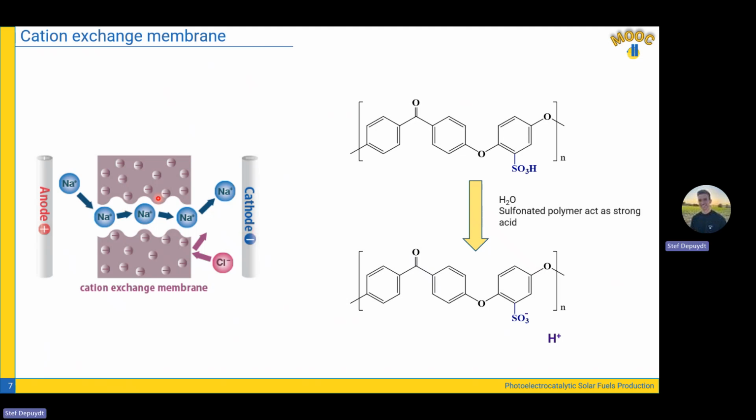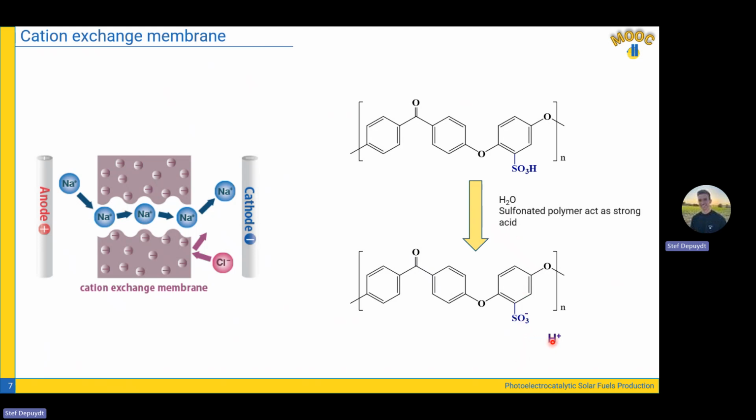Now, I told you before that such a cation exchange membrane has fixed negatively charged regions. These regions are very often sulfonic acid groups in a polymer, because most membranes are made out of polymer. What happens? We have here, for example, a polyether ether ketone polymer that's sulfonated with such a sulfonic acid. When this polymer is in water, this polymer behaves as a strong acid, so it will deprotonate, so the proton